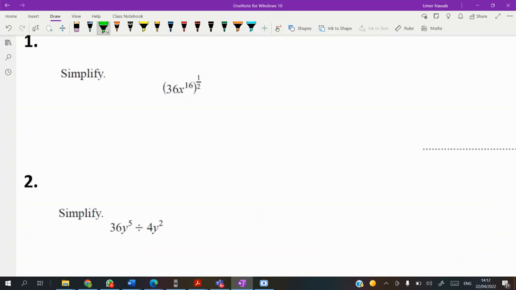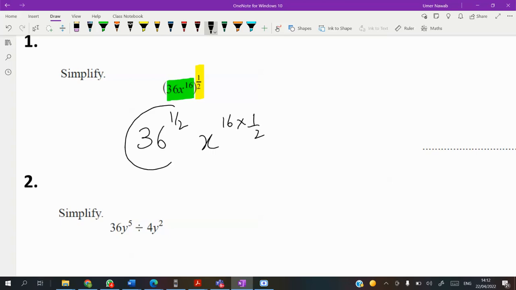As you see now, guys, there are few terms in the bracket and there is a single power on the top. The rule says that this power will be shared with everyone. So 36 raised to power 1 over 2 and x 16. When we have power upon power, we multiply power with the power. So 16 multiply with the half. Now I will suggest those students who are weak at